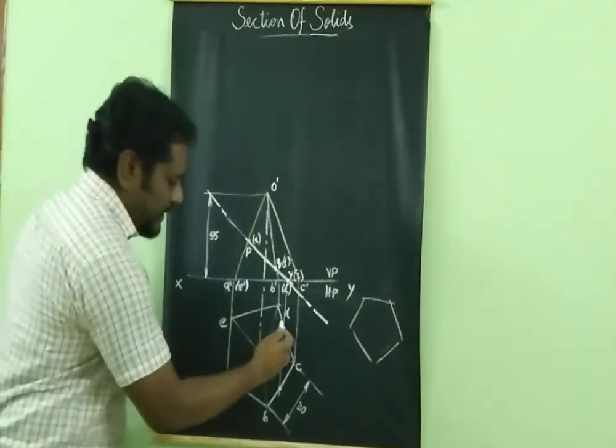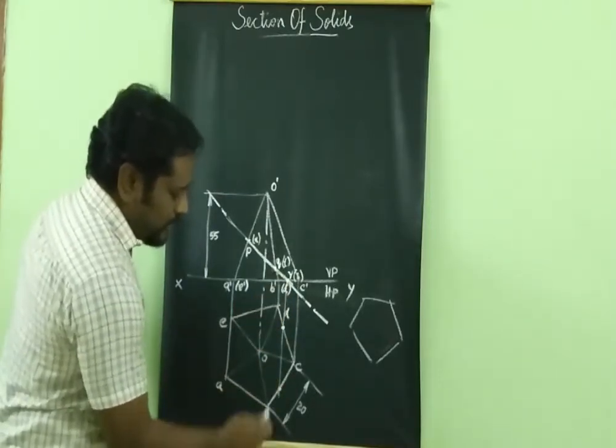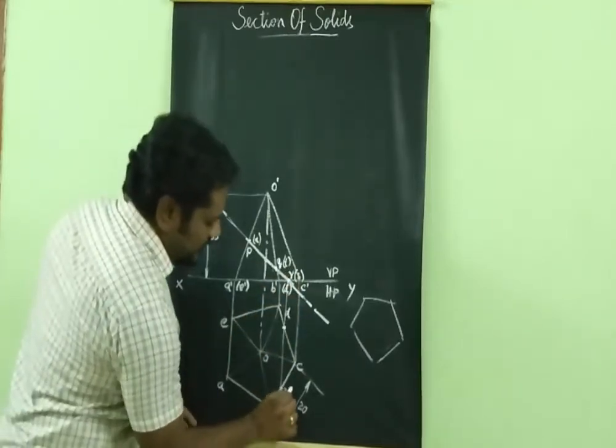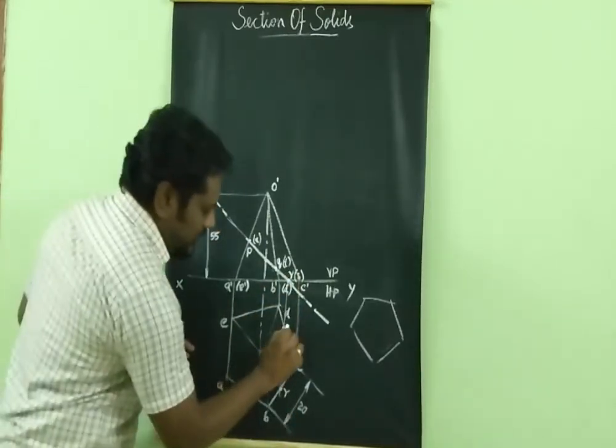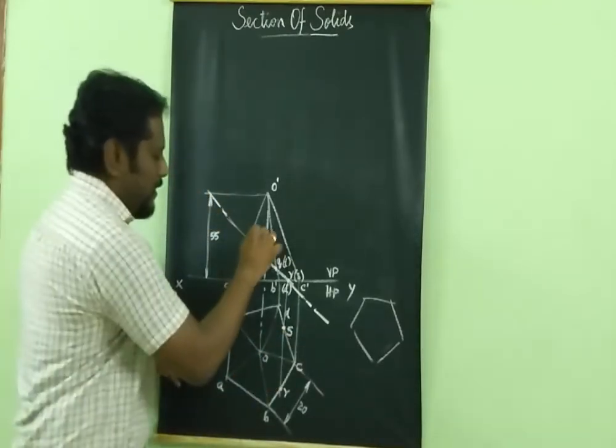So here 1 cutting point, 2 cutting points. The visible cutting point is, when you look from the bottom, this is your visible cutting point. Here I am marking R as the visible cutting point. So here the invisible cutting point is S. Okay. Here I will put a dash.